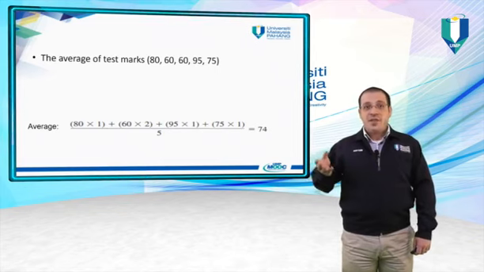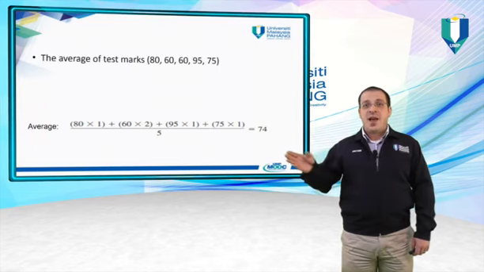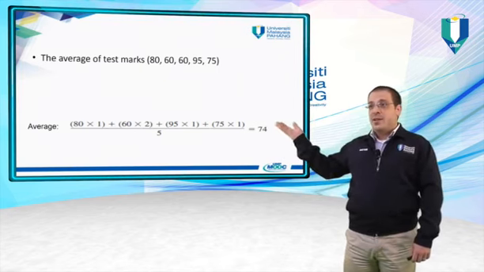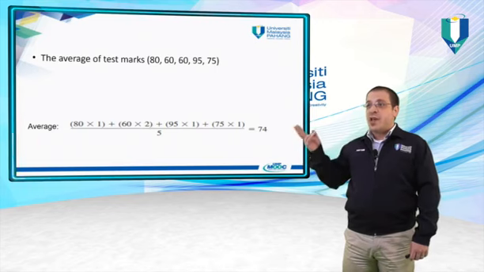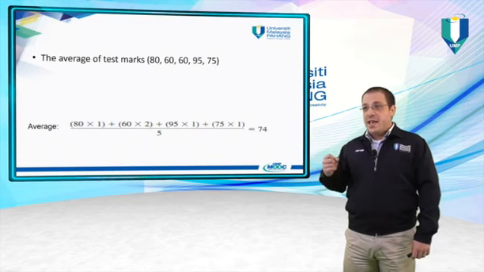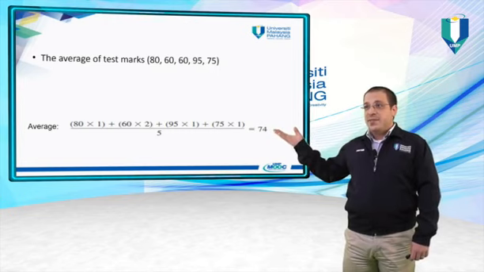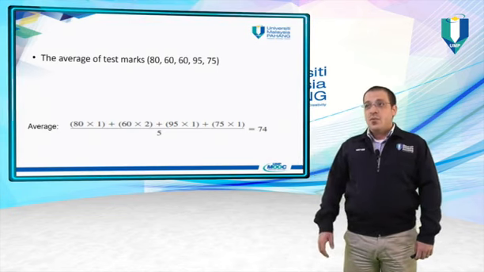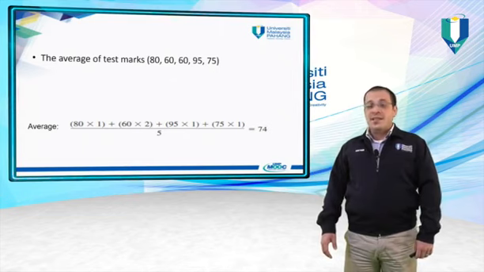Let's say we have test marks: 80, 60, 60, 95, and 75. If we want to calculate the average, it's equal to 80 multiplied by 1, plus 60 multiplied by 2, because we have two instances of 60, plus 95 multiplied by 1, plus 75 multiplied by 1, divided by the number of marks, which is 5. The result is 74,